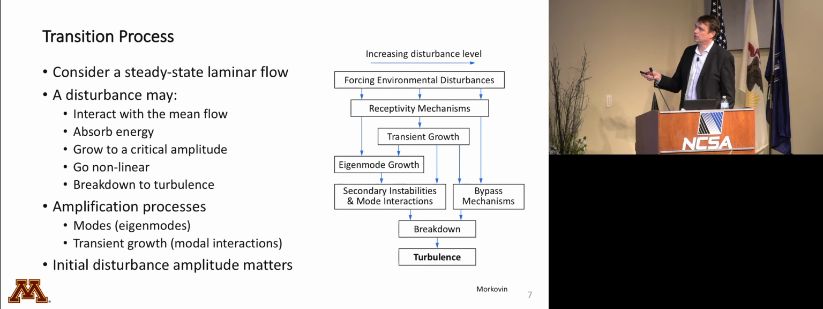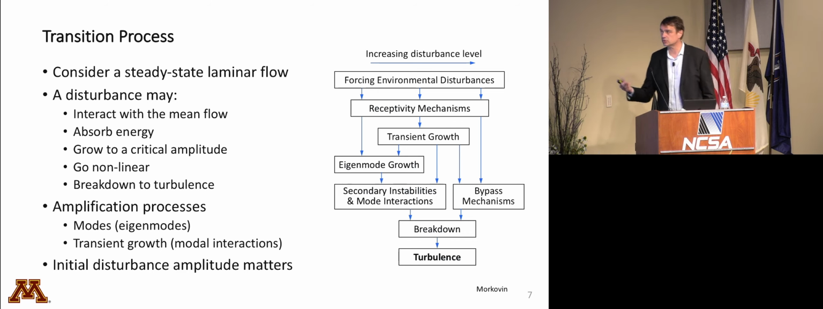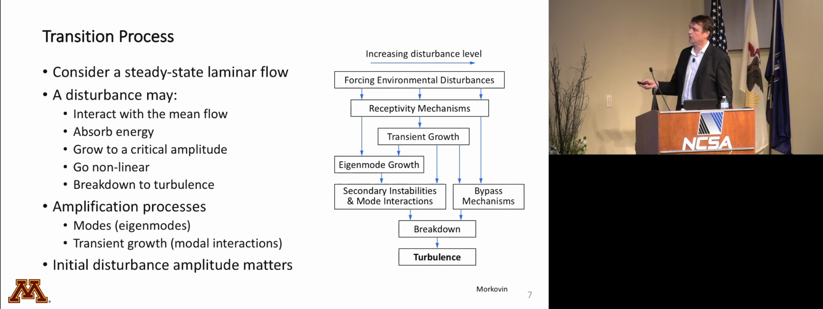And then that sort of forces the flow. The boundary layer and the flow field has some kind of receptivity that it absorbs those disturbances. And then those either go through so-called eigenmode or modal growth, or through some other, more complicated process called transient growth, which then causes secondary instabilities and modal interactions, which then causes breakdown and transition to turbulence. Sometimes when you have a very high disturbance level, you can have bypass, and I guess that the shuttle